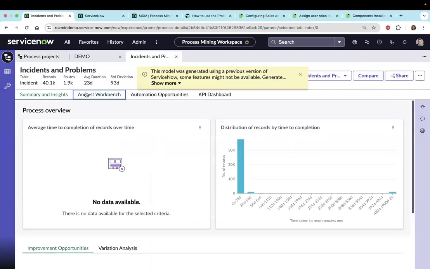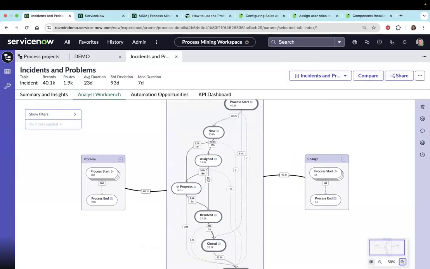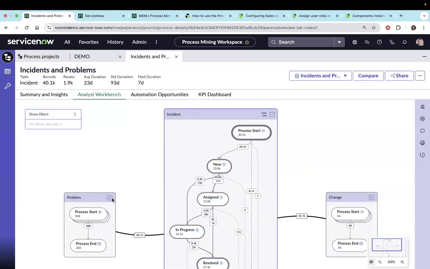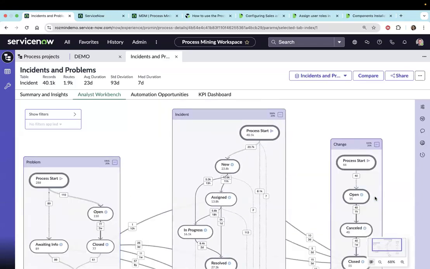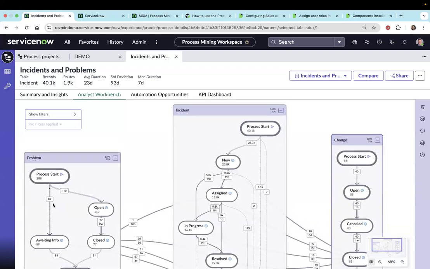So multi-dimensional maps is also very popular, where on one page you can bring more than one table. Like here I have incident, problem, change. You can bring maybe order or task table alongside, and you can have similar analysis done of how the records flow between these three record types and where the time is being wasted. For example, here, 10 hours after the problem was closed, what happened to the incident, and so on.